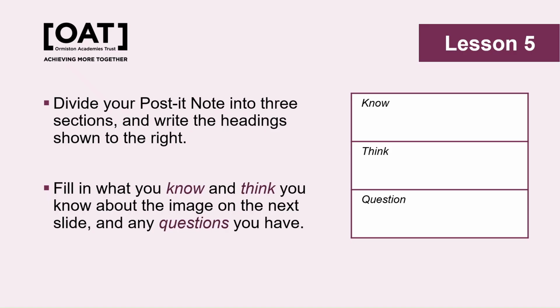Lesson 5 explores condoms and starts with a Do Now activity where pupils are asked to divide their post-it note into 3 sections. Pupils then respond to an image stimulus by writing down something that they know to be true, something they think is true, and a question they have relating to the image. Pupils can then stick all of these to the wall or the whiteboard, or leave them stuck to their table